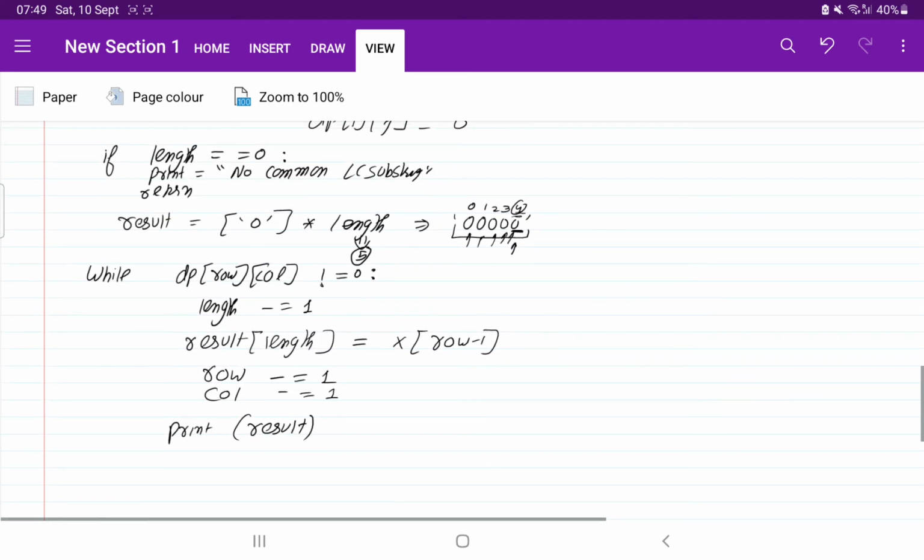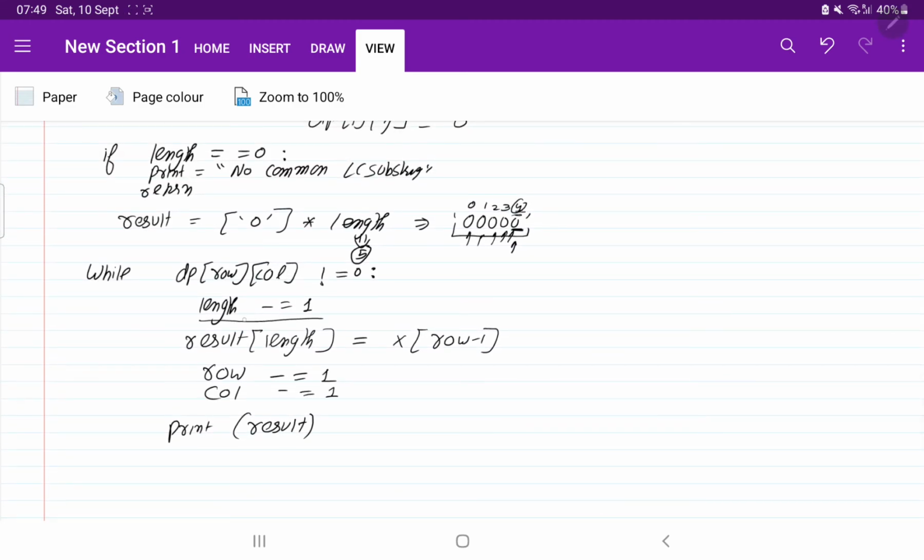Now the length will decrease every time, row is also decreasing, column is also decreasing, so this while loop will end when it becomes 0. Perfect.